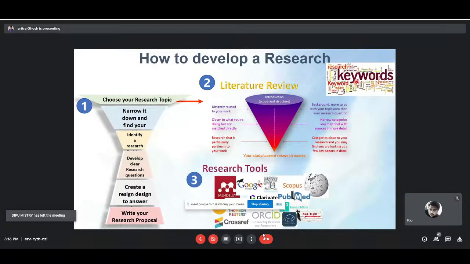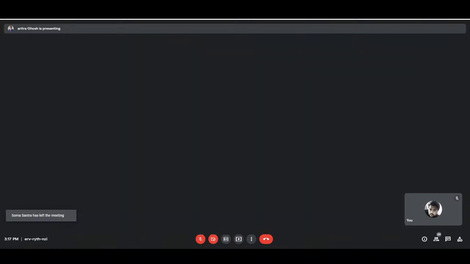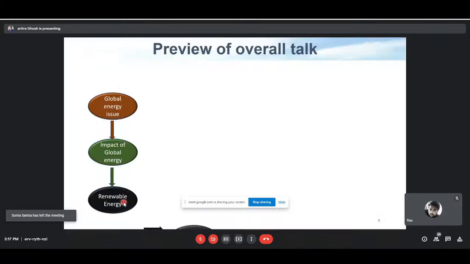So our key topic or keywords will mainly be building energy issues and the impact of these global energy issues, and then I will talk about renewable energy. This is kind of my motivation, or you can say this is the bigger picture. We have a trouble because of the global energy, and it has a bad impact, and based on that we have to find renewable sources. So I selected solar energy as my renewable source through the literature review, or based on my project, or based on my work.